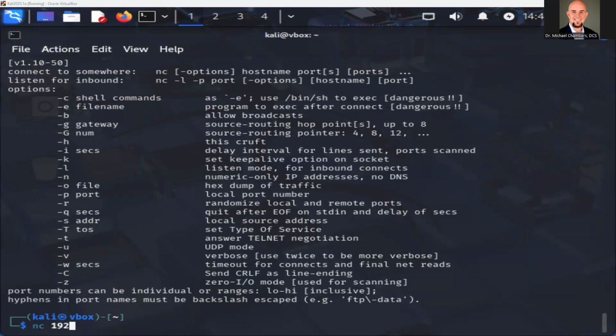So we know it's 192.168.56.5 for the server. Metasploitable is 192.168.56.104. So we want to make sure we keep track of that as we're enumerating the network and getting the information that we can for the penetration from the outside looking in or the inside looking in, depending on how we're looking at it. So we have the netcat 192.168.56.104. Okay, and then we're going to hit port 80, because if you remember in our last video,